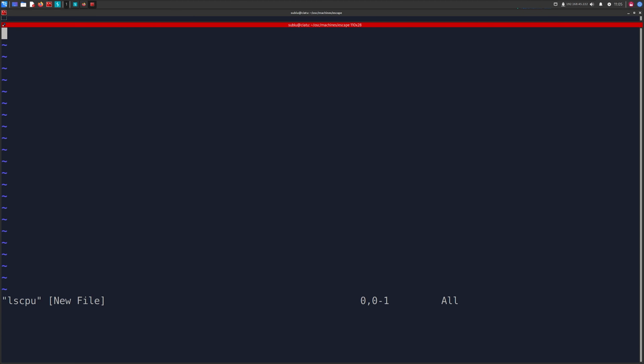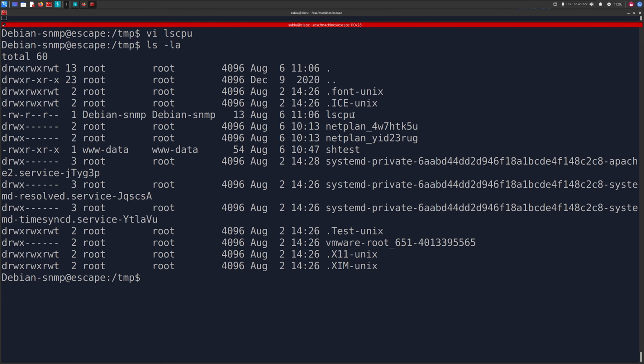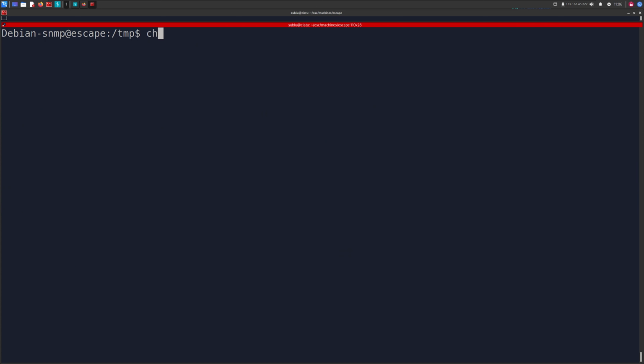Let's create our own binary. And in here, we're just going to go ahead and put an easy /bin/bash -p. Let's go ahead and write and quit this. And now if we do ls -la, we can see that we have this lscpu. We can do chmod +x on lscpu. And if we do echo $PATH,